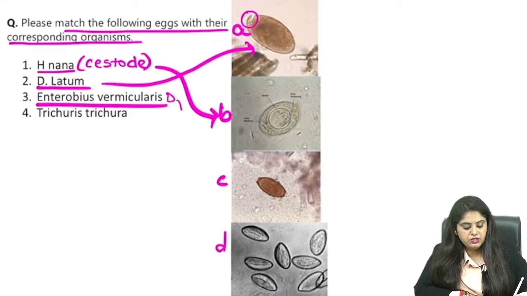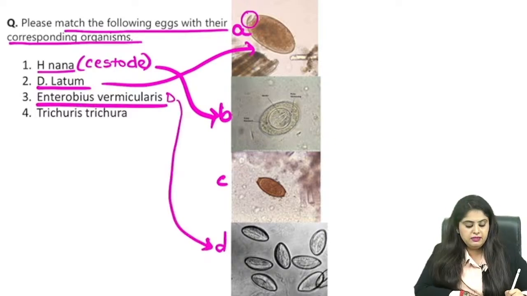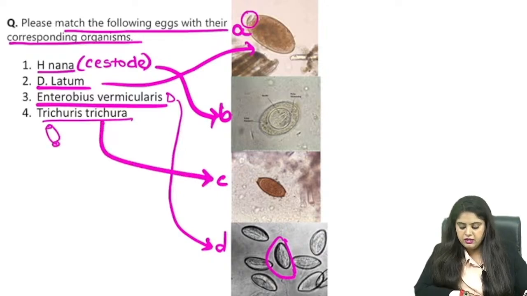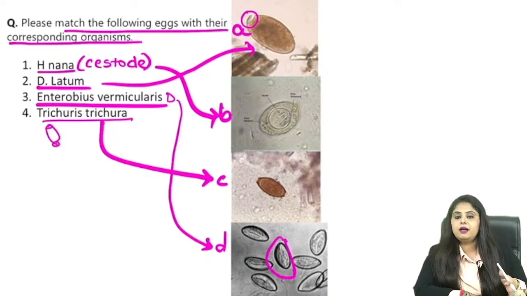Enterobius we know is D-shape egg, so that is going to go for option D because those are the D-shape eggs. And Trichuris trichiura looks like that barrel or dholak, so that is going to be option C. So now maybe you did not know all four, but even if you knew two also, then options तो हो जाएगा. So let us start. ये क्या क्या पढ़ा मैम हमने, एक बार सारे parasitology eggs पढ़ लेते हैं.